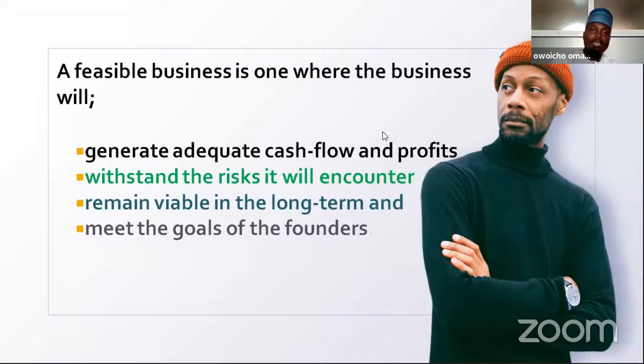The first one we have here is: will the business generate adequate cash flow and profit? Someone will ask me, why do you put cash flow and profit together? Why don't we make it 5 points and say, can it generate adequate cash flow? Number 1. Can it generate adequate profit? Number 2, and then number 3, and so forth and so on. Okay, I'll give you a short story why I had to put those 2 together. Maybe from your answer, I'll now know whether to separate them into 2 points or to leave them as 1 point. Okay,